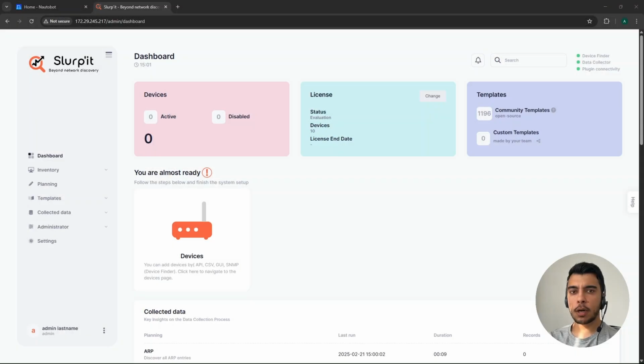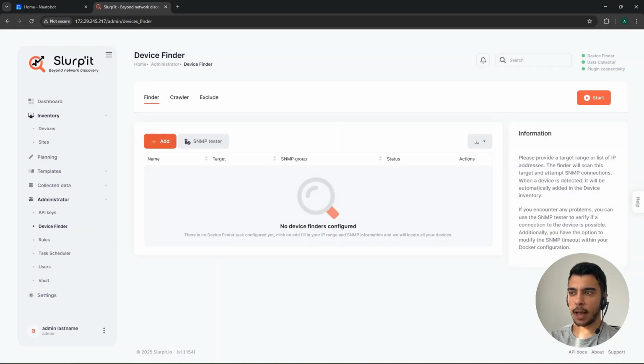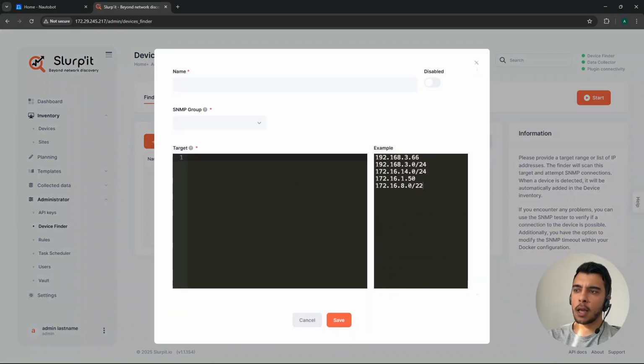In this video, we'll learn how to use Device Finder with the Nautobot prefixes. Up until now, the way we use Device Finder was as follows. If I go to Devices and Device Finder, add a Device Finder, you will see this box, and this box is going to be where we put our network address or host address, and based on that, Slurpit would fetch the devices. Now, there is a new feature added, and we can use prefixes that we have in Nautobot as